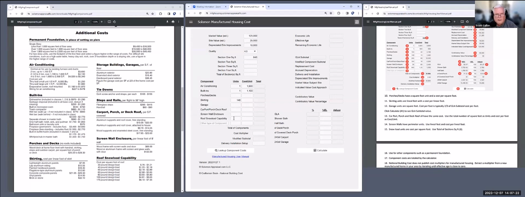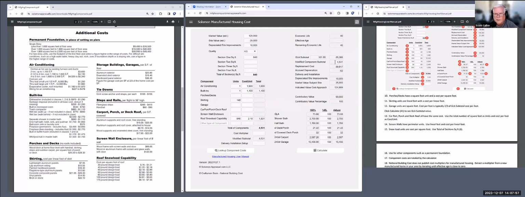So the units there are the square feet of the building, 840 square feet. And you can see down here, like for a 50-pound design load for snow, I'm just going to say 218. And of course, your judgment is required to dial this in for your market. So now when I click calculate, the first thing it did is it figured out the total of the components, 4,531, and it brings that right up here to the modified component subtotal, and that kind of follows the format